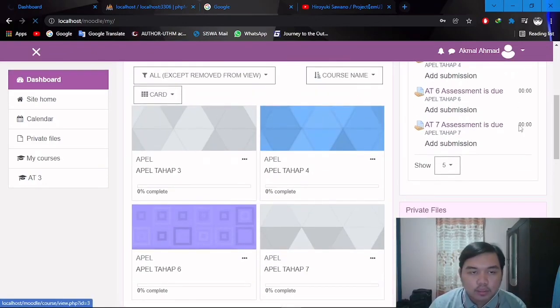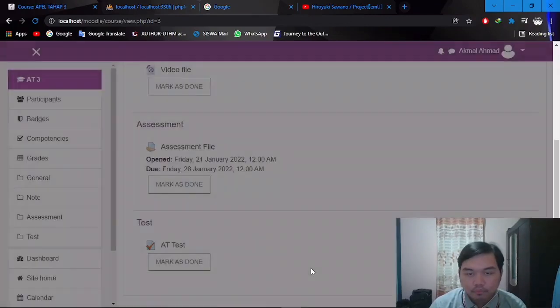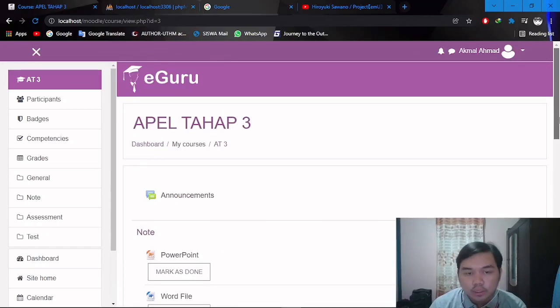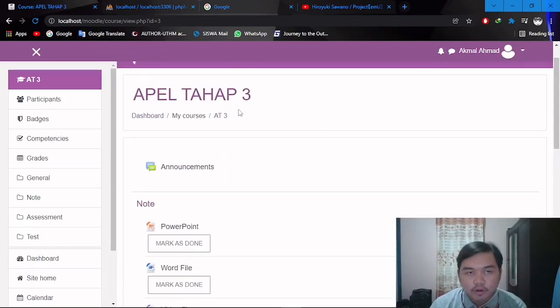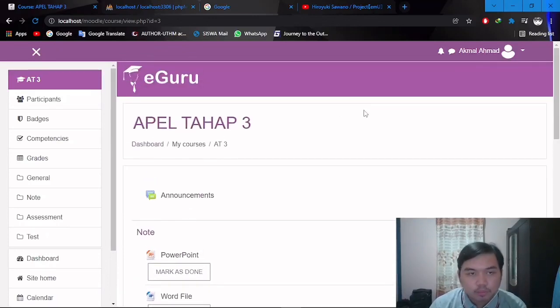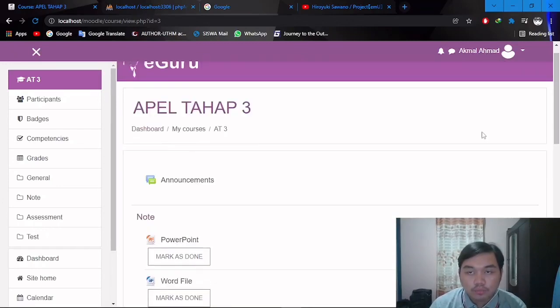So let's just say I click the dashboard here. Here is one of the courses that was asked to be made. There are 4 of them: Apple Tab 3, 4, 6 and 7. So here is the dashboard for Apple Tab 3. Here we have notes for the student part.